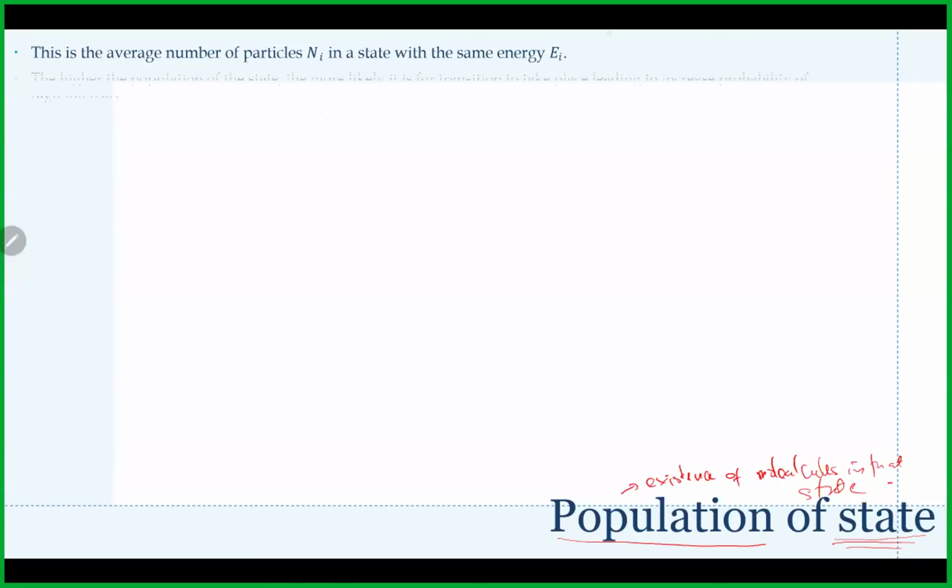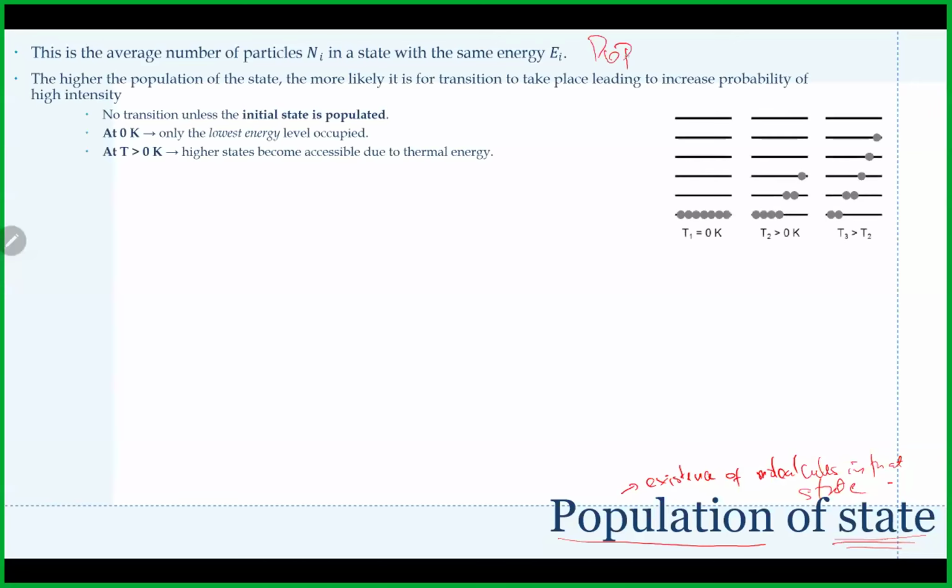So where can I write it? Let me write it here. Population of initial states. So what is